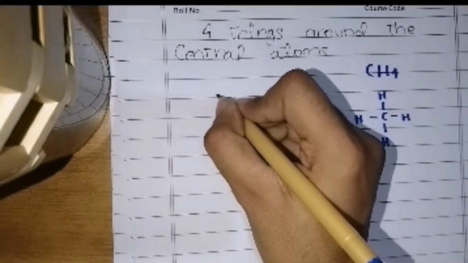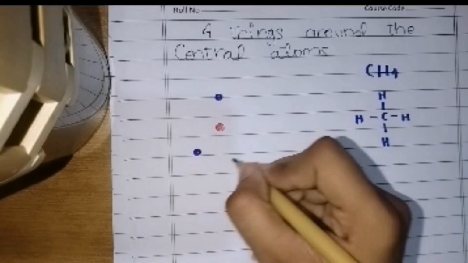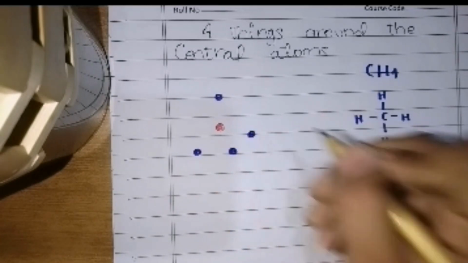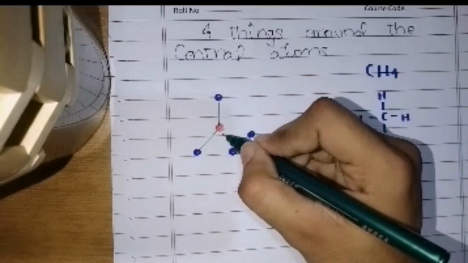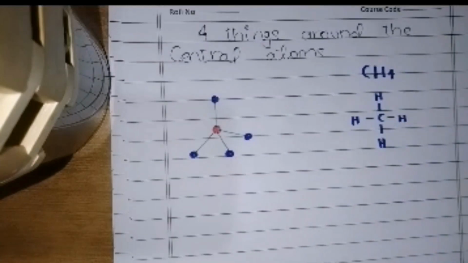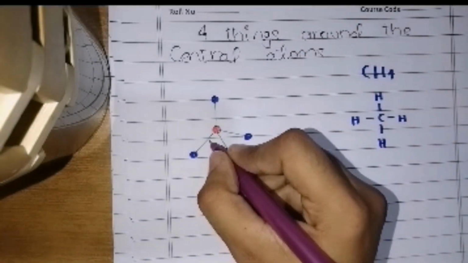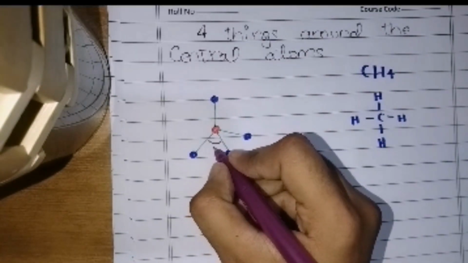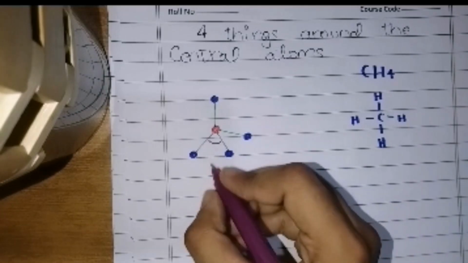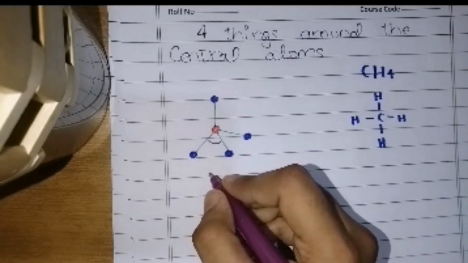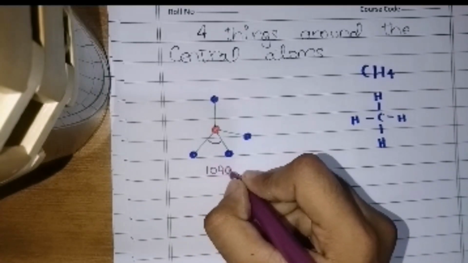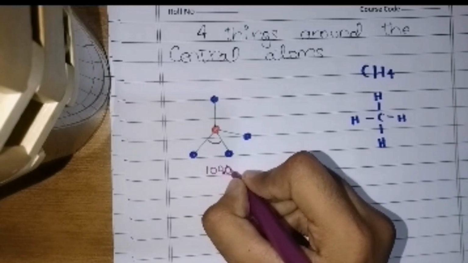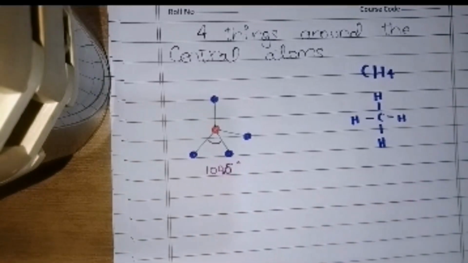So we are going to draw three lines just like we draw in the trigonal planar molecule, and then we're going to draw one bond a little bit on an angle so that we can show that it is outside the paper. We cannot draw it outside the paper, that's why we bent it a little bit so that we can make it outside the paper. So the bond angle would be